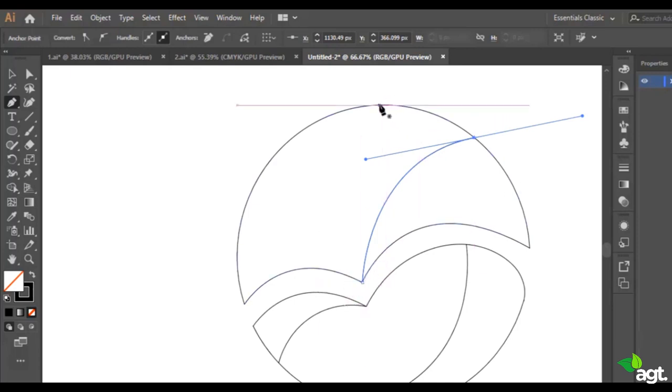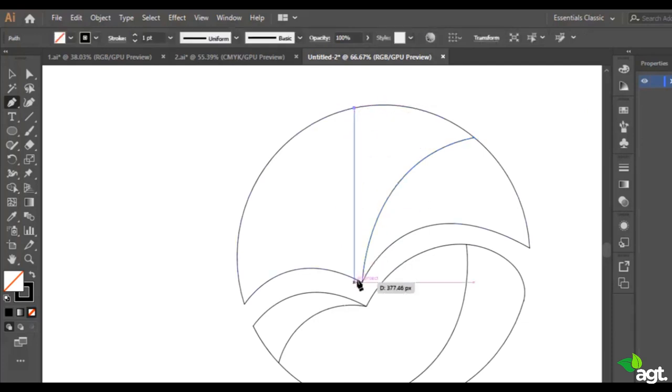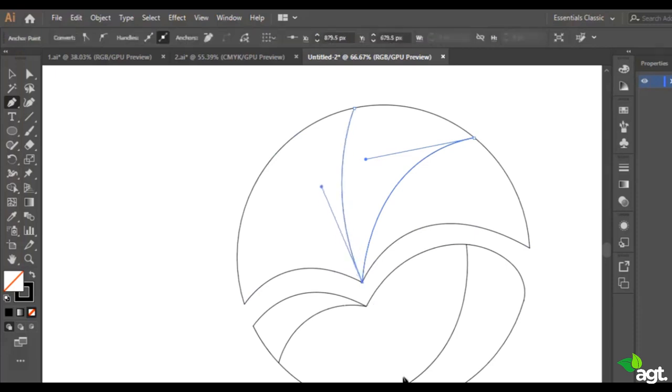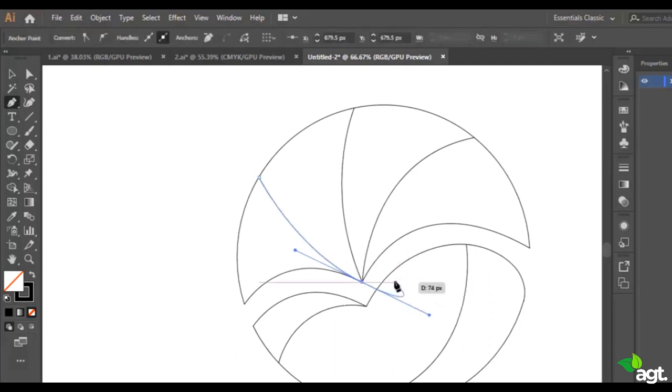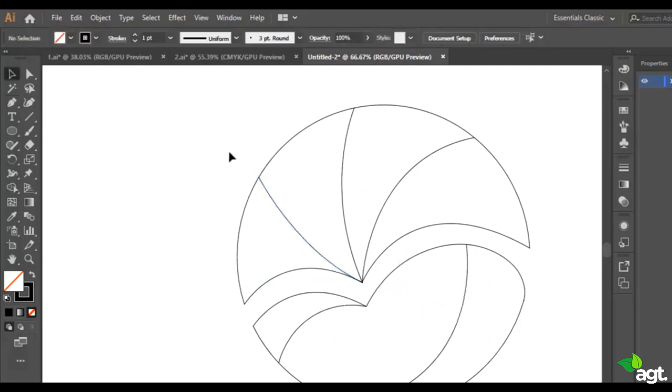Now we place another dot in here. Then I place the next dot in here. I click and drag to make a curvy line, and one more time we place the dot right here, put another one in here, click and drag to make a curvy line like this, and of course we click enter from the keyboard. Now we select the shape like this and we select the shape builder tool to check